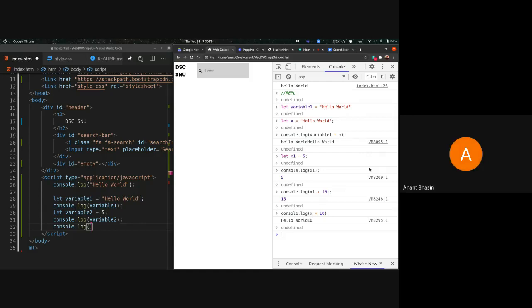Right. Go ahead, Nishit. I was just saying that JavaScript is a much smarter and more modern language than, say, Java or C++, because if you try to do what he did, x plus 10, where x was a string and 10 is an integer, it would give you an error in Java, C++ or C. But JavaScript being a language made more specifically for web pages, it is smart enough to modify itself. So there are a lot of things in how JavaScript is different.